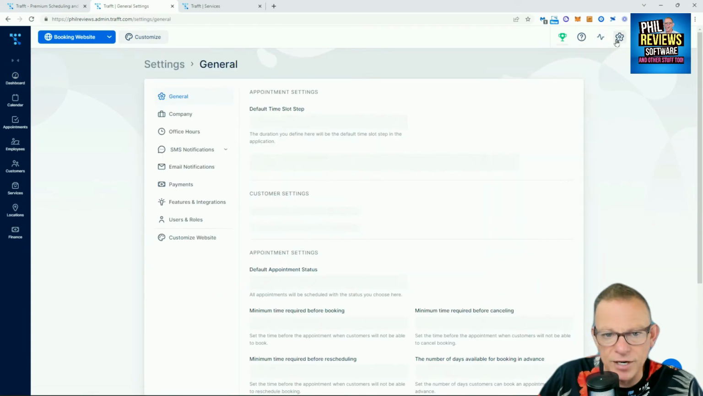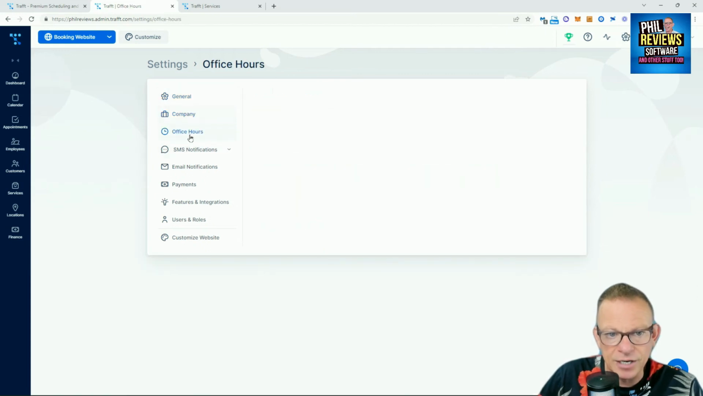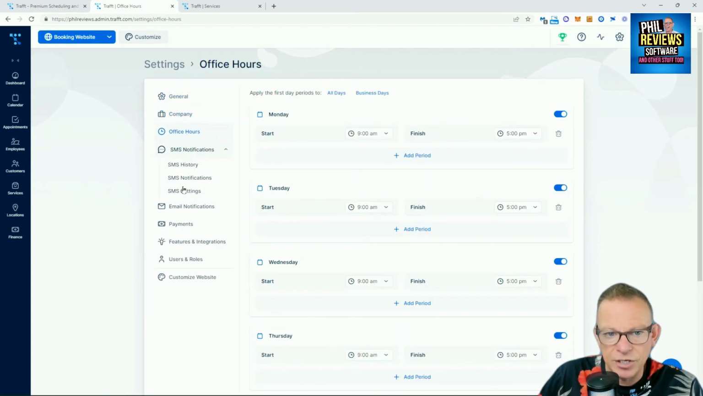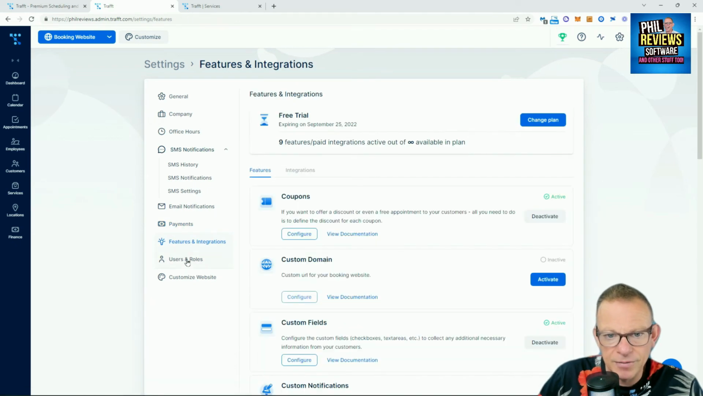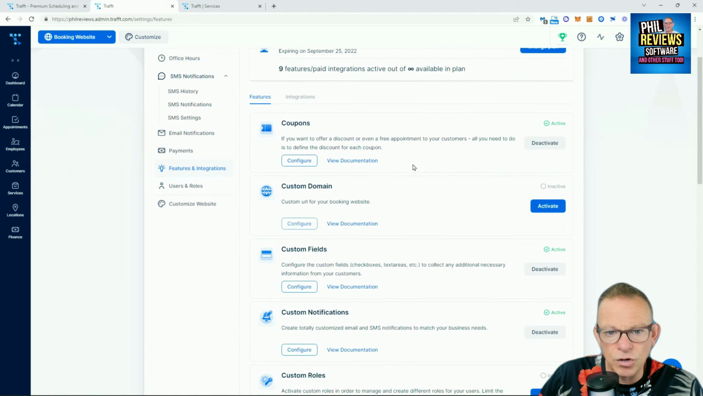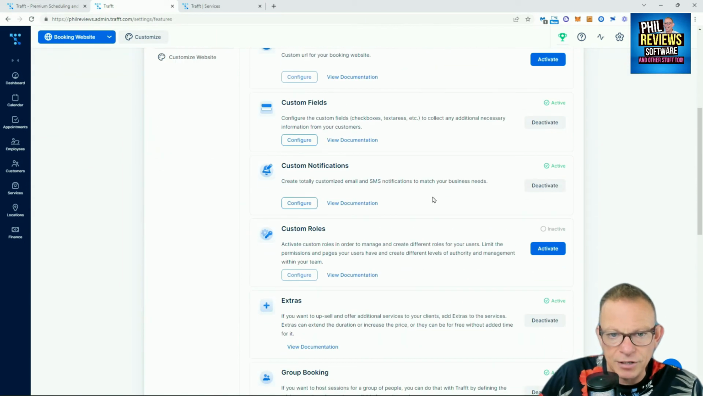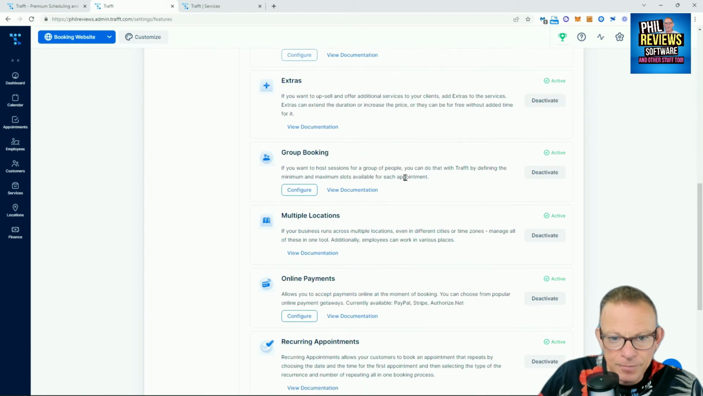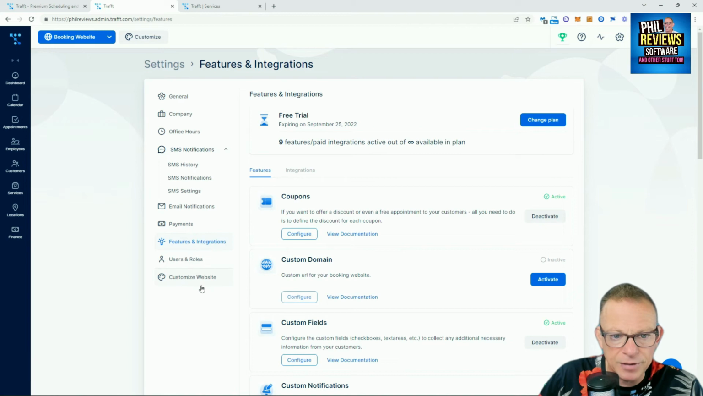So the only other thing you really want to look at is the settings, and you can put your company details in, the office hours. It'll sort out your SMS notifications or email notifications. You can arrange your payment and what currency you're in, and other integrations and other features you can integrate with Traft, including a custom domain, group bookings, all of that kind of stuff. So without me going too deeply into everything, oh yeah, and you can customize your website as well,